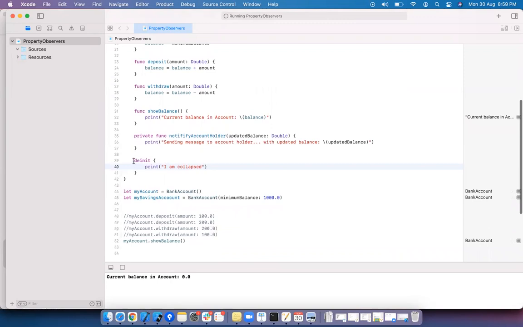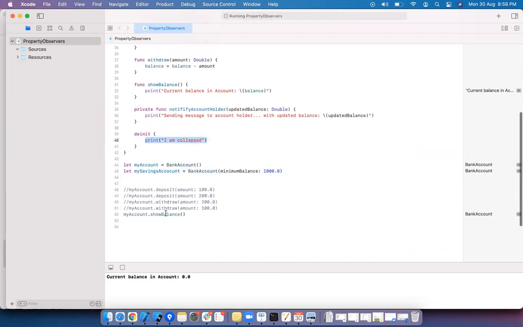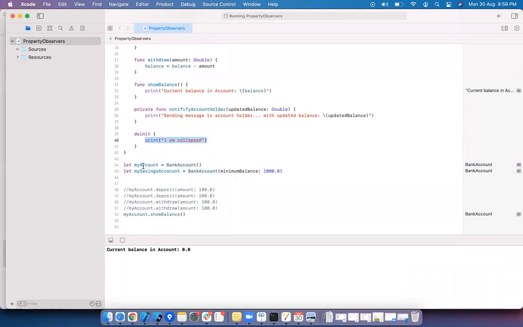When this method gets called, let's see, the final statement will be the deinit method. When the bank account, my account or savings account work is done and it is trying to release the object, when it is released properly, then the deinit method gets called, where the memory is cleared.